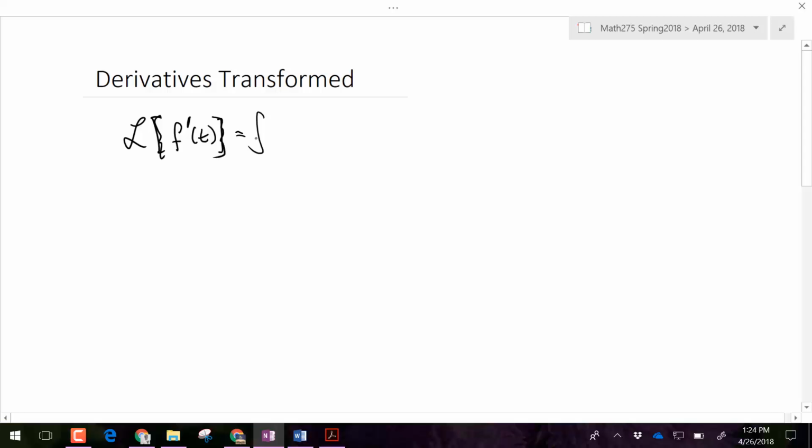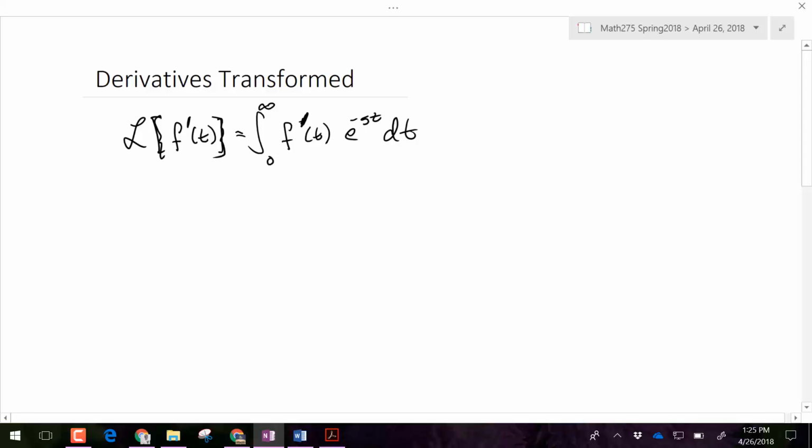But the idea is to use the definition of the transformation, which is this integral, and then the function that you're trying to transform, and then e to the minus st dt. Is that right? I hope that's right. Okay. All right. So now it looks like a job for partial fractions. No, parts. Integration by parts. So if we do an integration by parts here,